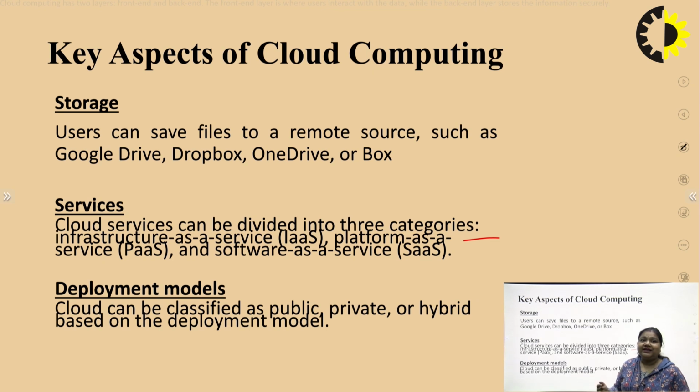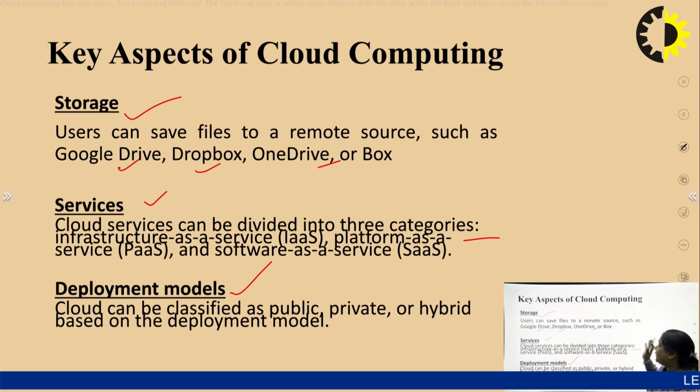Now what are the key aspects of cloud computing? First of all, storage services and deployment models. In cloud computing we can make use of storage. A user can save files to a remote source. We can have our database deployed on a cloud server and access our files from there. So we have Google Drive, Dropbox, OneDrive, and many other types of databases we can have on cloud computing servers. Services, we have